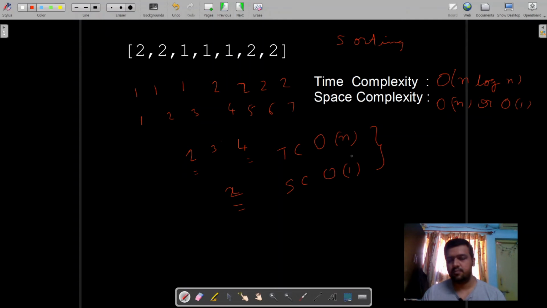So the final approach or the last approach that I'm going to explain is going to achieve both of these criteria. So that is why I told this whole story, to make you understand how important it is to improvise and showcase your talent, that you can think beyond a certain limit.